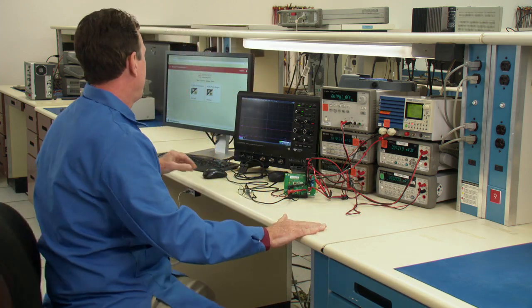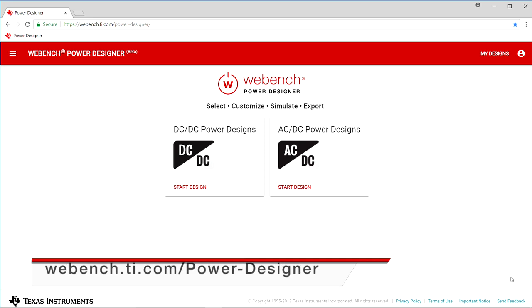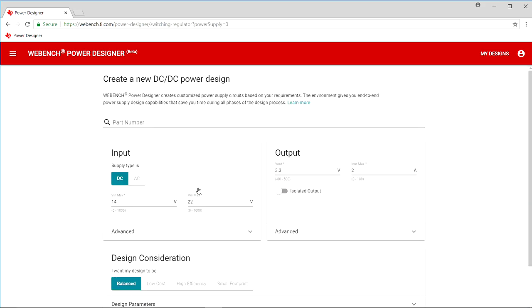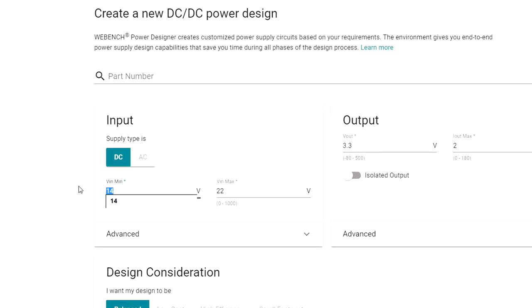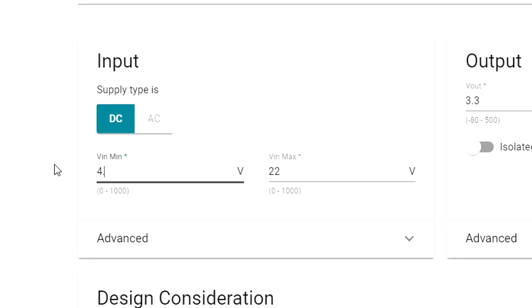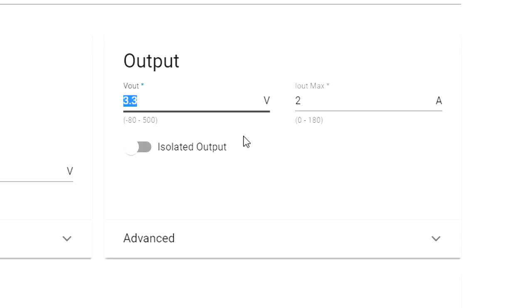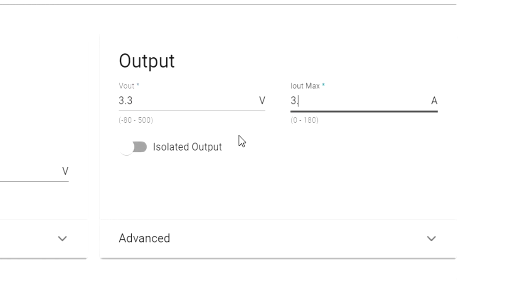So let's see what WebBench comes up with. Let's put the numbers in. We start from the WebBench Power Designer landing page. We click on Start Design right under the DC to DC selection. Enter our input voltage, and as mentioned earlier, we decided on 4.5 to 49 volts on the input, 3.3 volts, and 3.5 amps on the output.